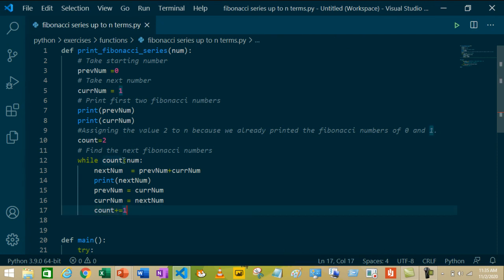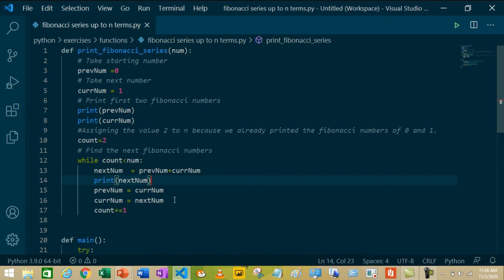So as 3 is less than 5, it will execute the loop. And now next num's value will be previous num plus current num. So 1 plus 1 which is equal to 2. So next num's value is 2. Next we are printing 2.